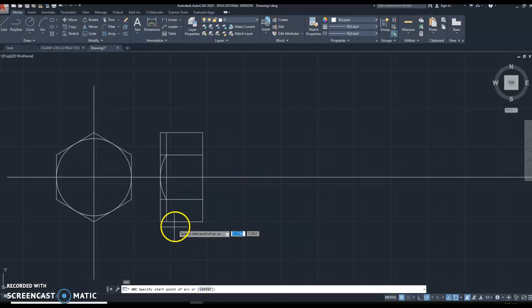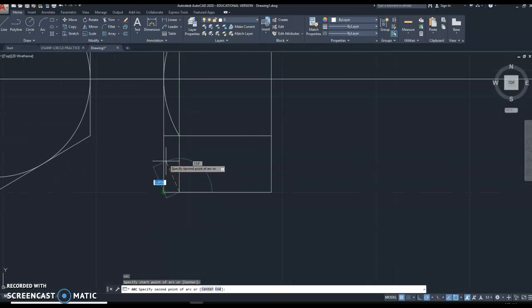Next, I'm going to put another arc down here on the bottom. I'm going to start it right there on that end point. For this next point of it, I want to pick a point that's right there, but if I click there, it's going to go and connect down here to this end point. So this is one I don't tell you to use very often. Actually, most of the time I tell you to avoid it. I'm going to go to the nearest point, NEA. Nearest there, and then to there. But now, however,